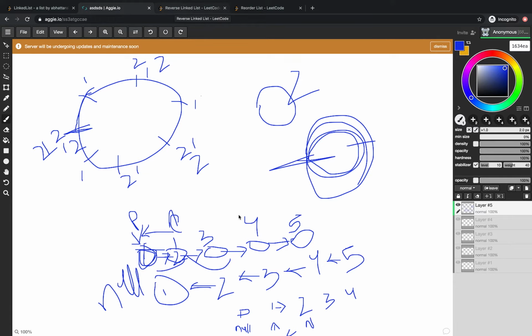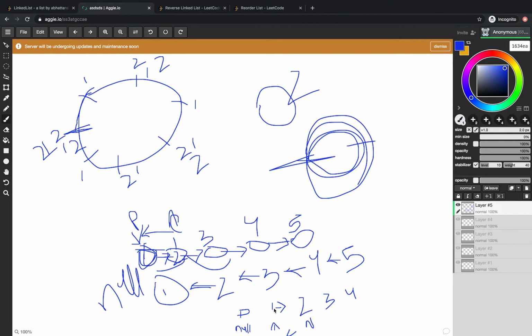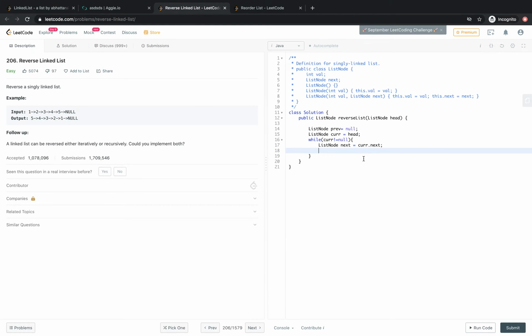Now what we do is, let's put this next in some variable so that we know, okay, ListNode next is equal to current.next, right? Okay, we have this next. Now, since this current.next is saved as next, we want to move this current.next as previous, right? So that this points in the other direction. So ListNode